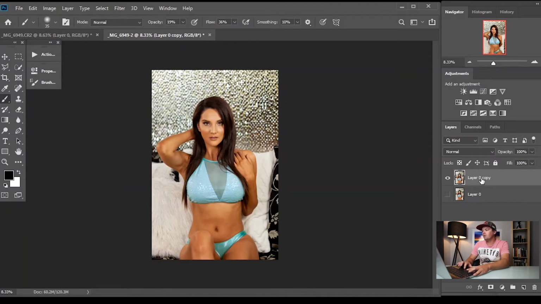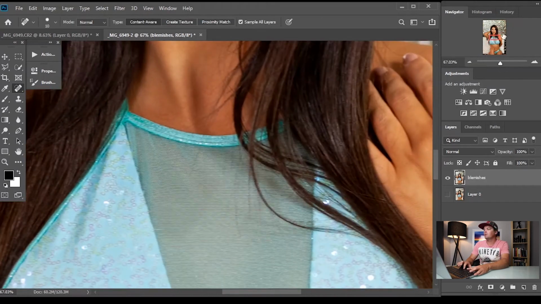The next thing I'm going to do is name this layer blemishes. Okay, so I'm going to select that layer with a little white box around it. I'm going to get the spot healing brush. I'm going to zoom in,